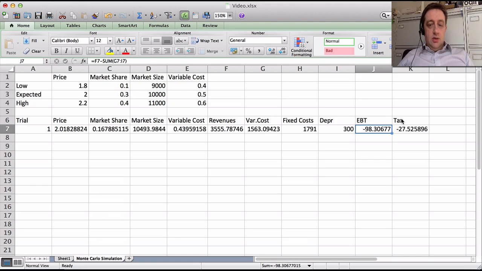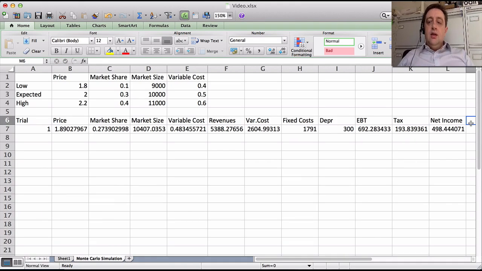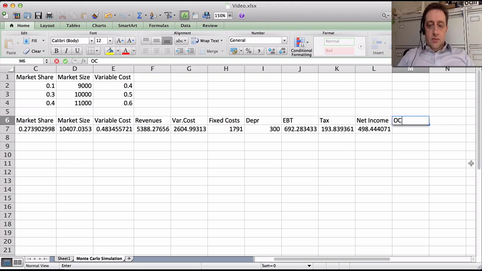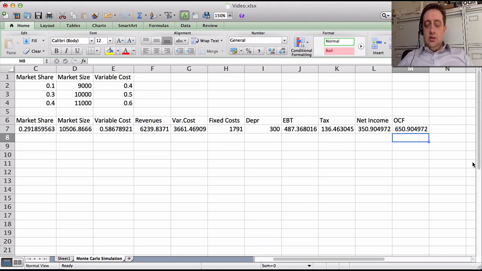Notice in this one how it's ended up. The EBT has actually been negative. You make a loss in this particular case. And then we get the net income. Our net income is the EBT minus the tax. After the net income, we then have the operating cash flow. The operating cash flow is net income plus the depreciation. So that's us got an operating cash flow, and that's the operating cash flow from year 1